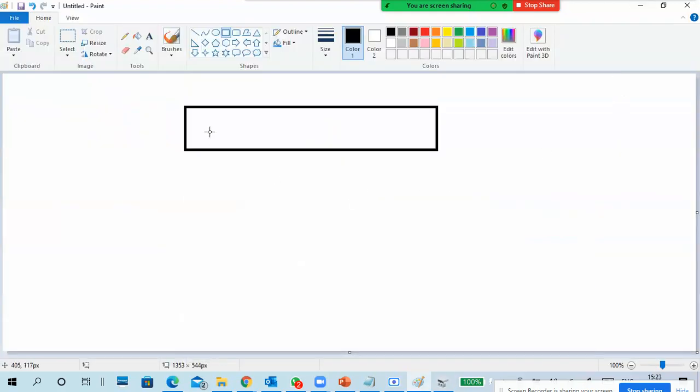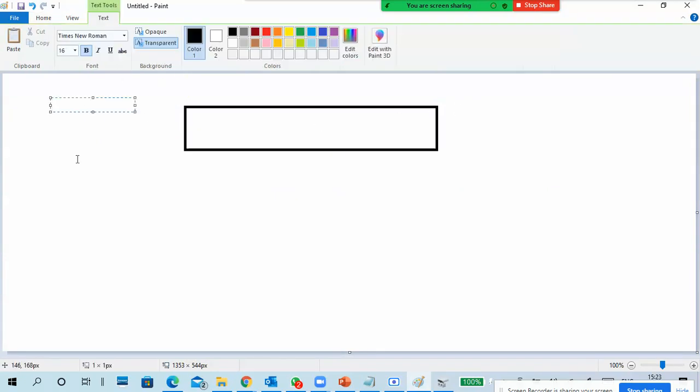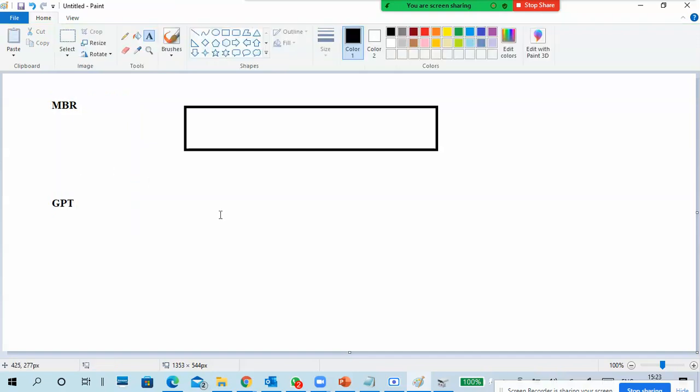When you insert a disk, the disk can be an MBR disk or it can be a GPT disk. It's a type, you just have to initialize. This is an MBR type of disk or GPT disk when you attach a new disk.